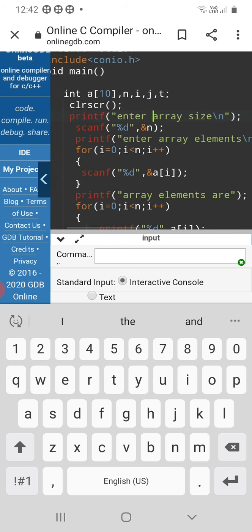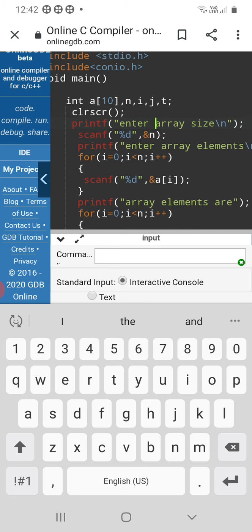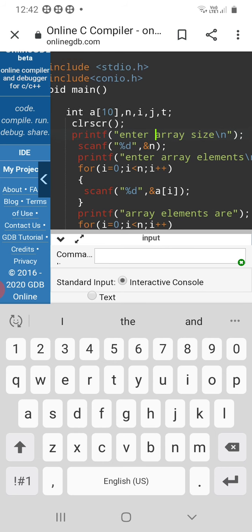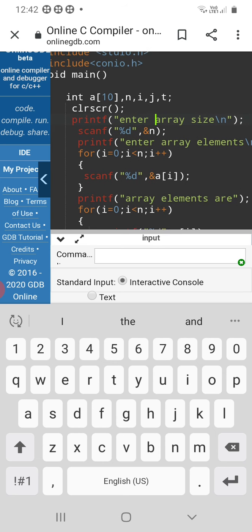Next, scanf statement with percentage d specifier, ampersand n, then a printf statement, enter array elements backslash n. Next, for loop i equal to 0, i plus plus, using scanf statement ampersand a of i.